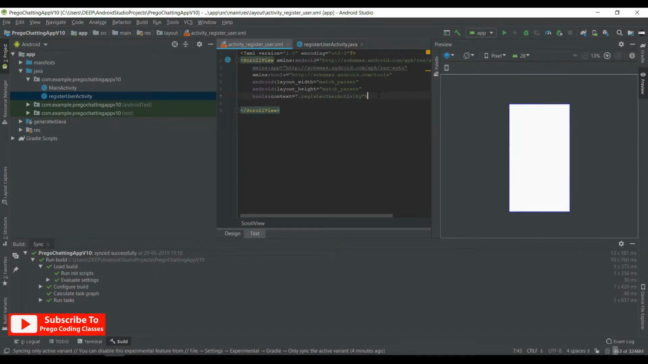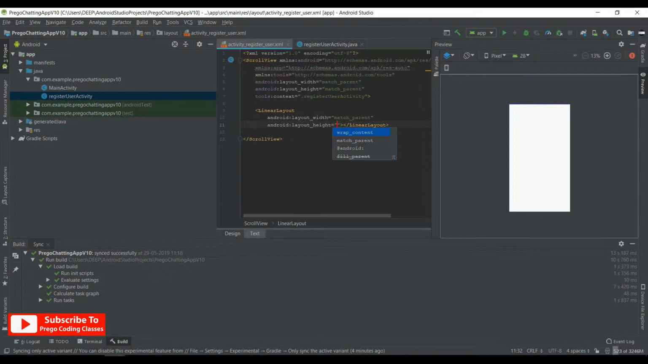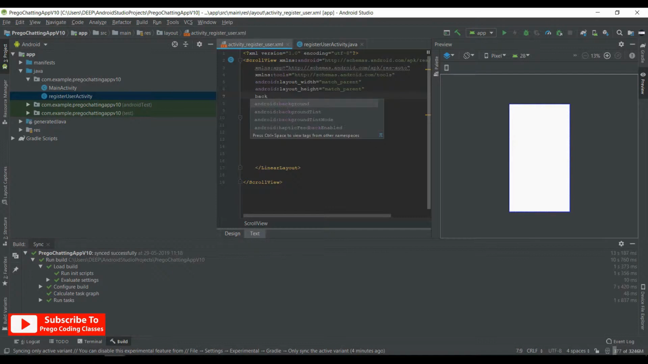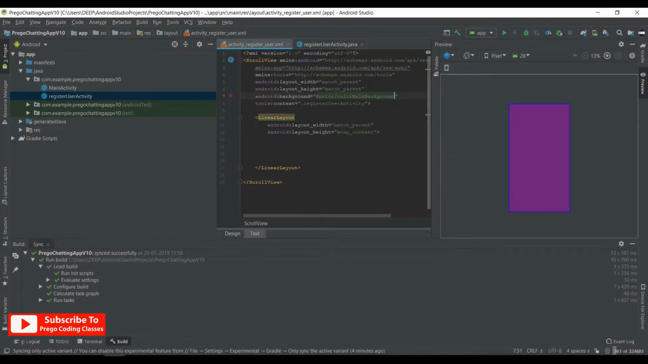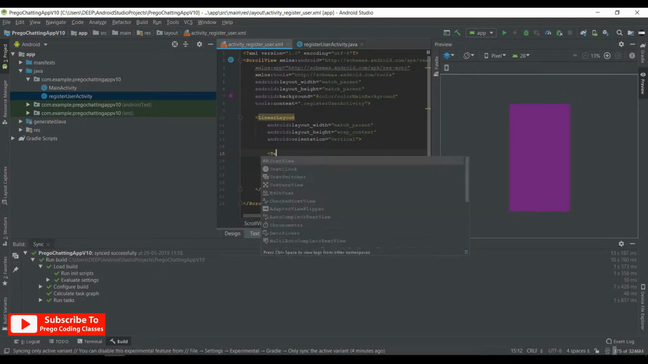So over here we need a linear layout with match parent, and height would be wrap content. So that's it. Now we need to set the background. So the background would be color main background. That's done. Now the orientation over this linear layout would be vertical, and first we need a text view to